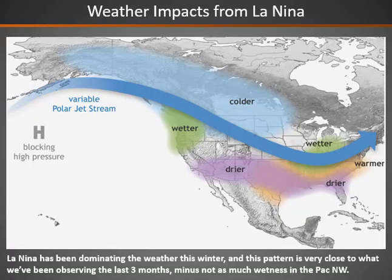So what has this really meant for us? These are generally the weather impacts from when we do see La Nina. And this is really what we have seen throughout the winter. And again, La Nina and El Nino mostly affect precipitation patterns going through the winter. So we typically see a polar jet stream diving south into the Tennessee Valley, and that's really what we've seen this year. We've seen wetter conditions in the Tennessee Valley, warmer and drier conditions across the southern tier of the